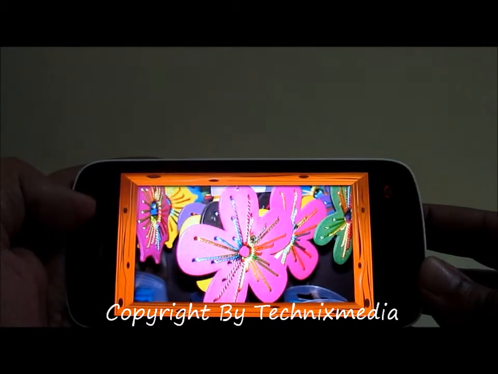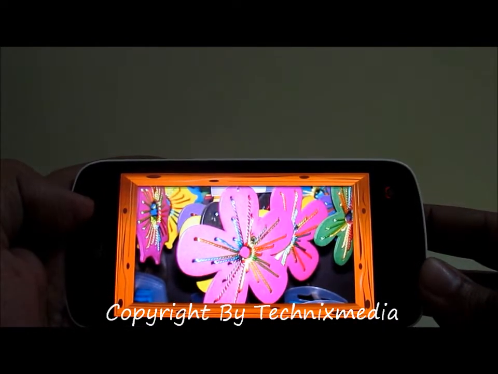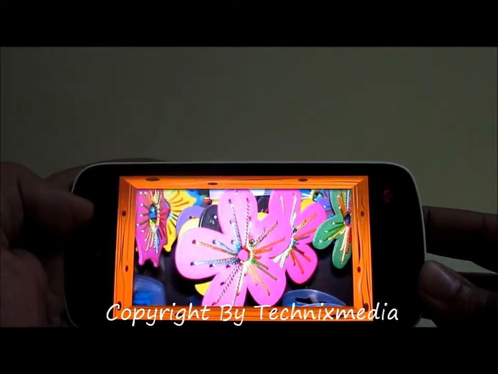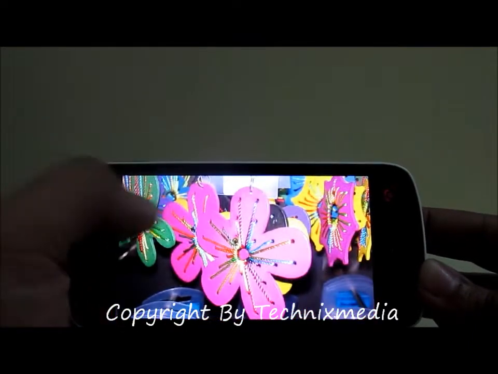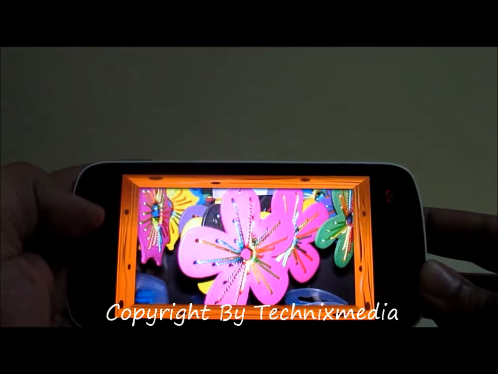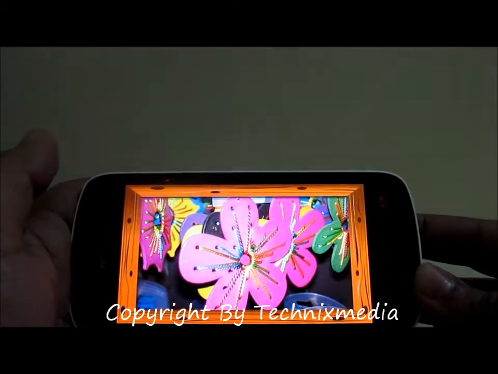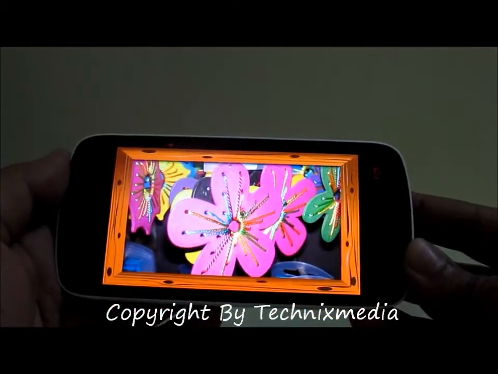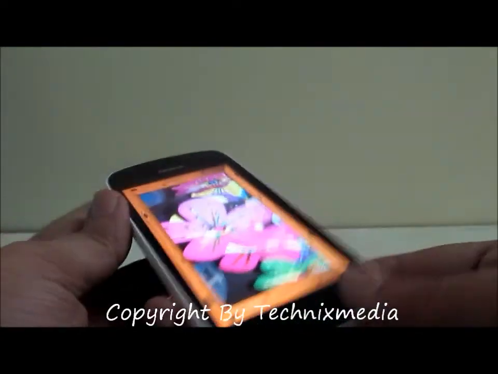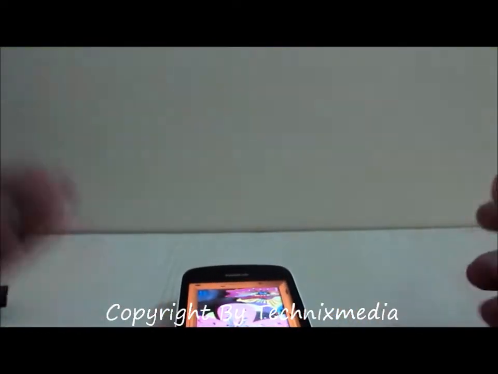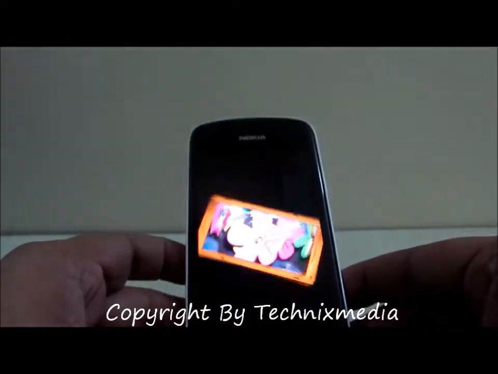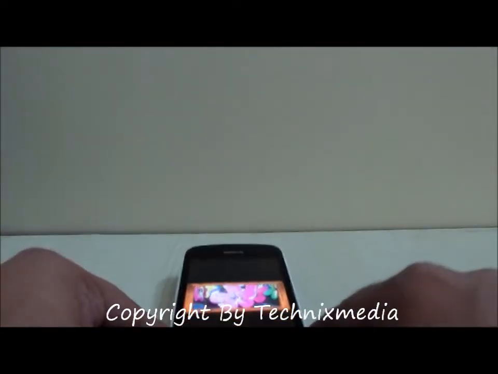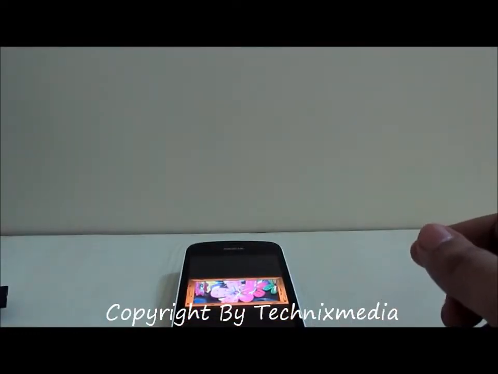So you can have different kind of good editing on the phone without actually installing any software on the phone to do the image editing. And this is something which we liked about the phone. Hopefully this video actually will be helpful to you if you are using Nokia PureView 808 and if you are interested in image editing on the phone.